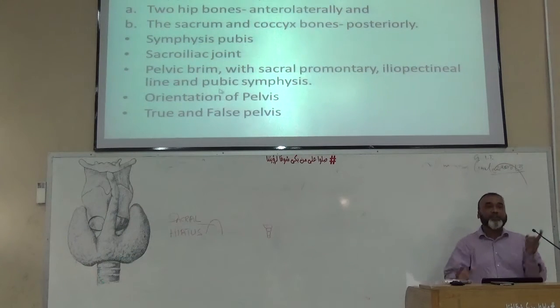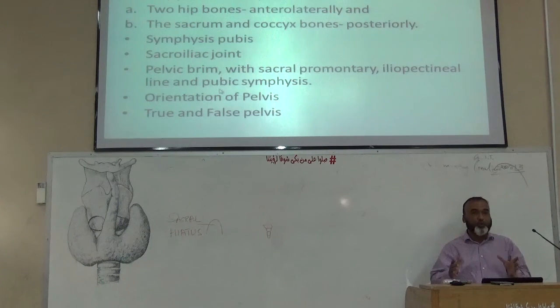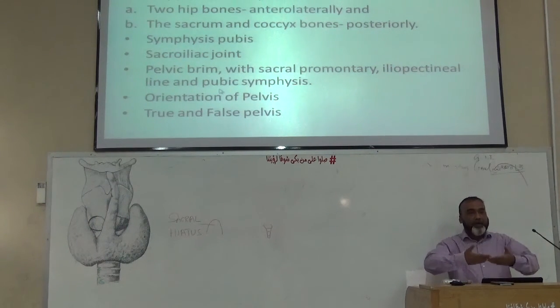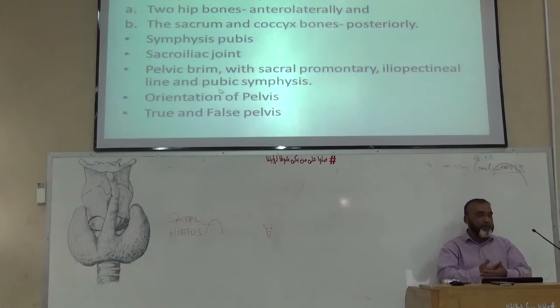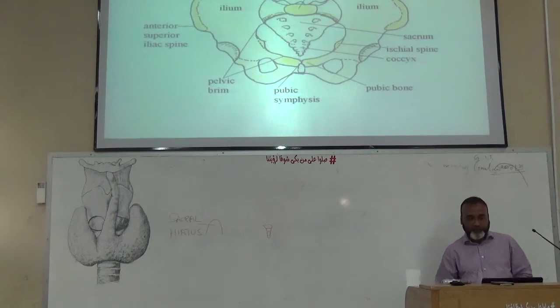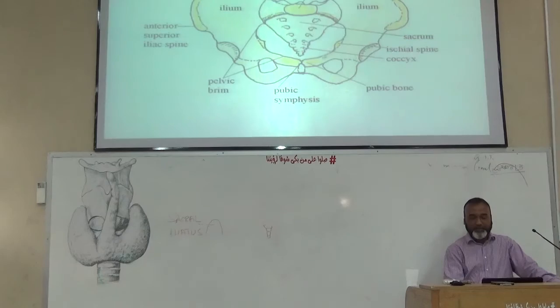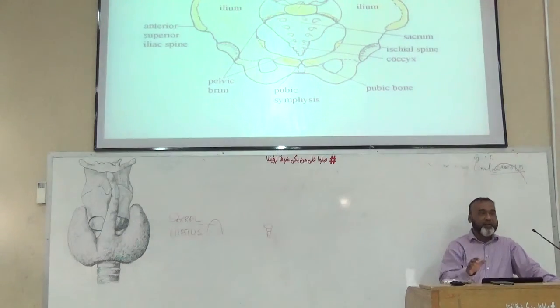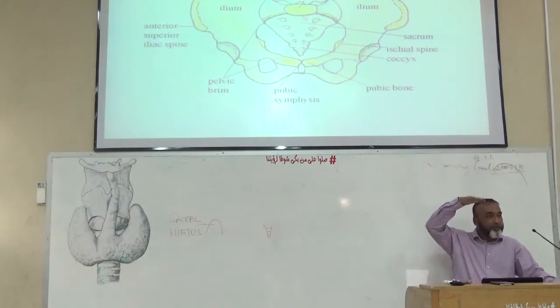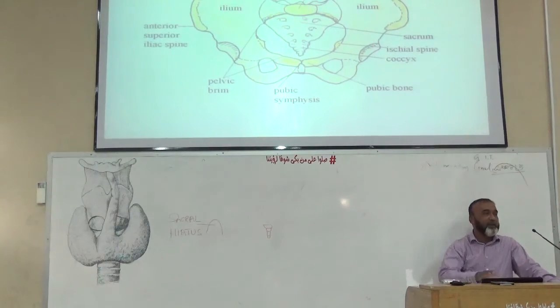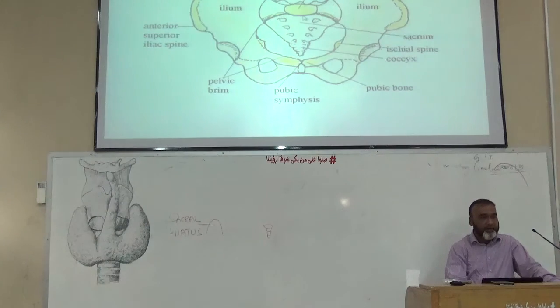And we can know the differences between the false and the true pelvis. The false pelvis is the part of the abdominal region, that is the abdominopelvic cavity, above the pelvic brim. And below the pelvic brim, up to the outlet, we have the true pelvis. Here again you can see this is the pelvic brim, which is forming the boundary between the false pelvis, and below we have the true pelvis. Okay, clear?